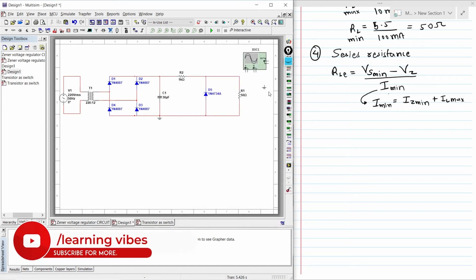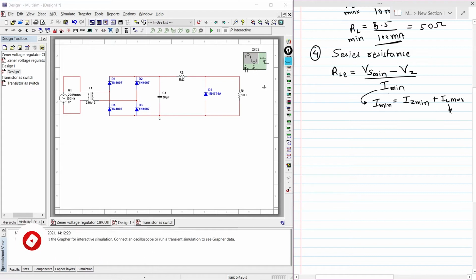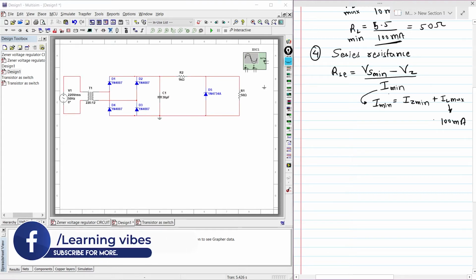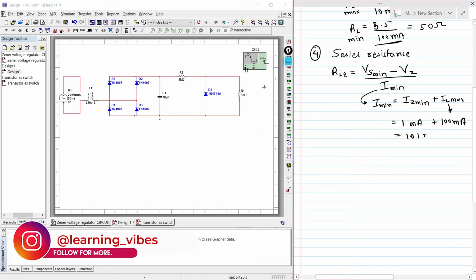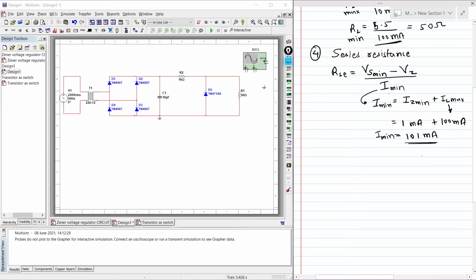According to that, our load current will be 100 milliampere. So the maximum load current is 100 milliampere plus Iz, which we are assuming as 1 milliampere. So in total it will become 101 milliampere. So our I minimum will become 101 milliampere.